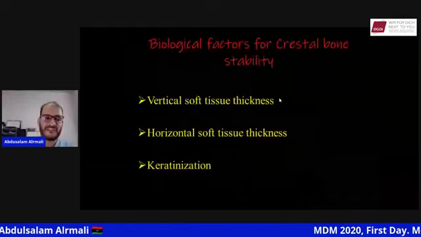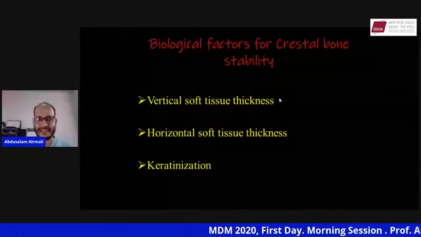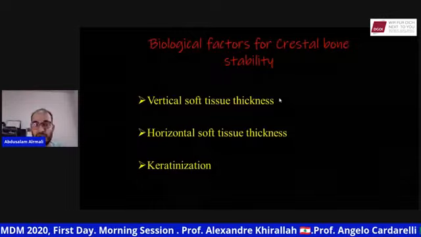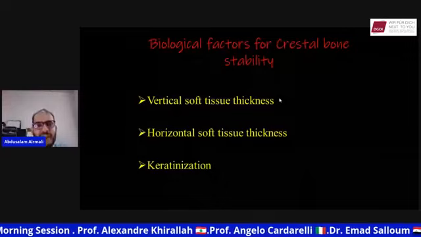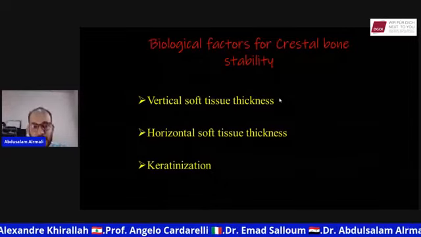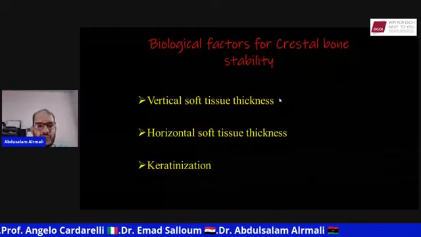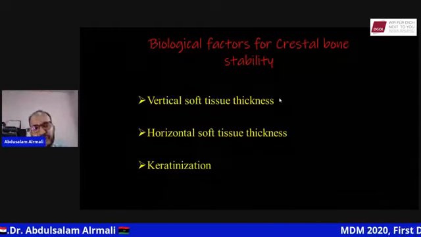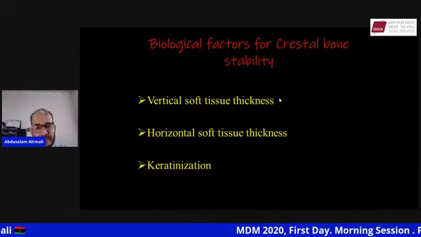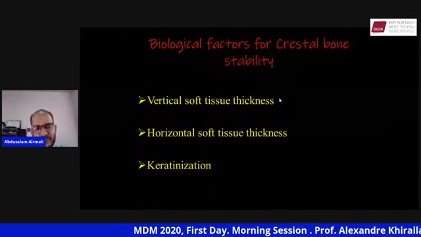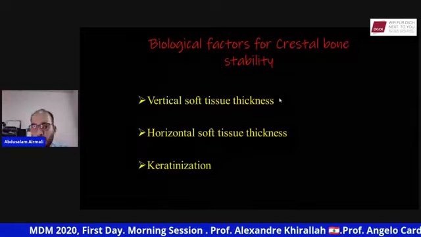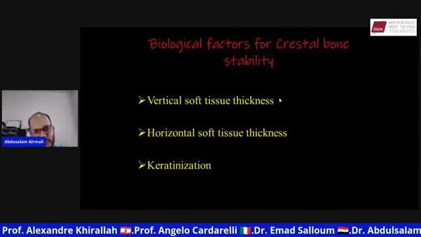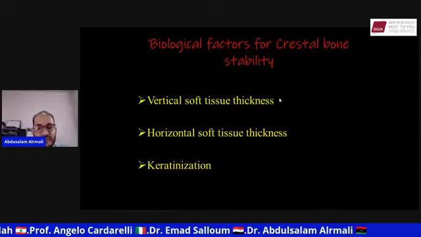Okay, so the biological factors for crestal bone stability, as I said, are not only one factor. Actually, it is multifactorial. Some factors are related to the bone, some to the implant placement or implant position, and some to the biology, related to the soft tissue. The soft tissue can be divided into three categories, including the vertical soft tissue thickness, which should be a minimum of 3 to 4 millimeters, and the horizontal soft tissue thickness, which should be 3 to 4 millimeters thick, and the keratinization, which should be a minimum of 2 millimeters of keratinized gingiva,